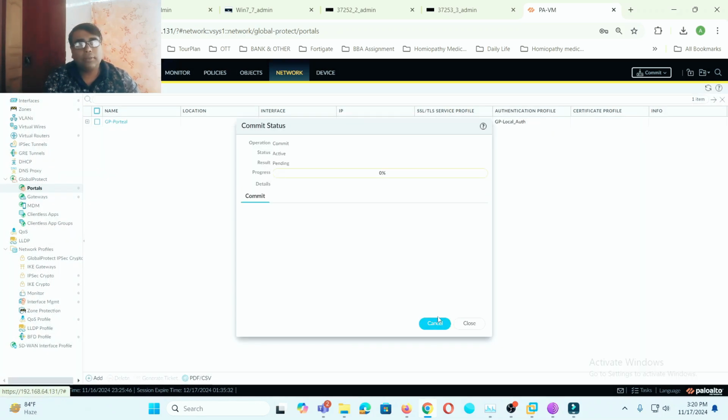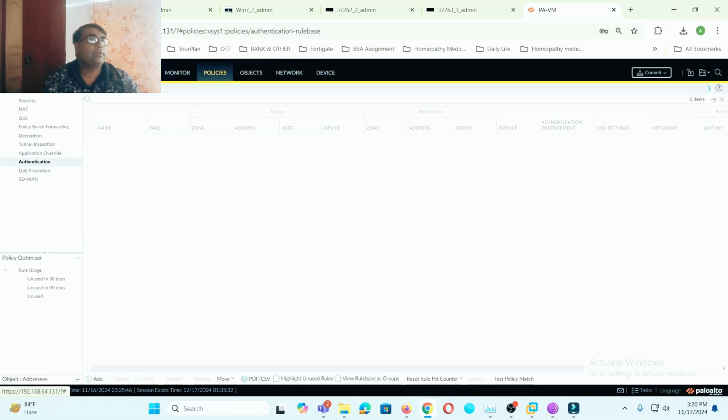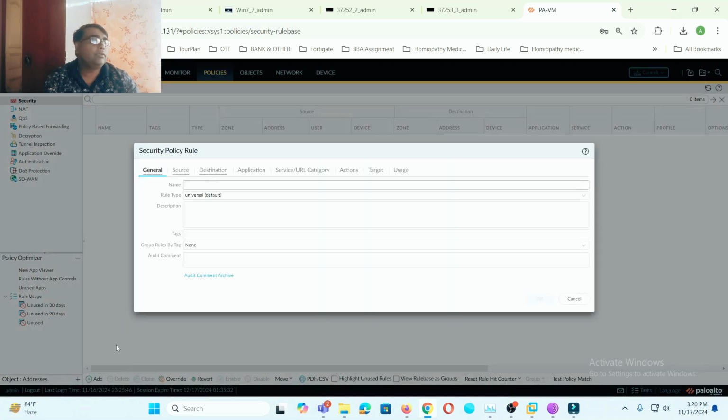Now you have to configure the policy. It's important to configure the policy. Let me configure the policy. I think the policy is required, because security policy is very important. So two policies are required. One is